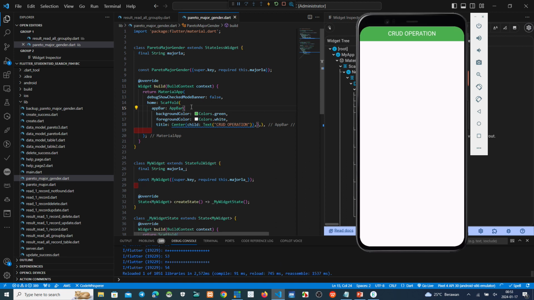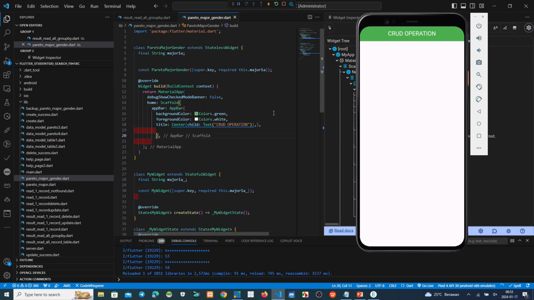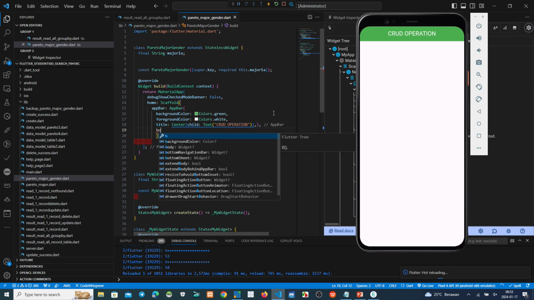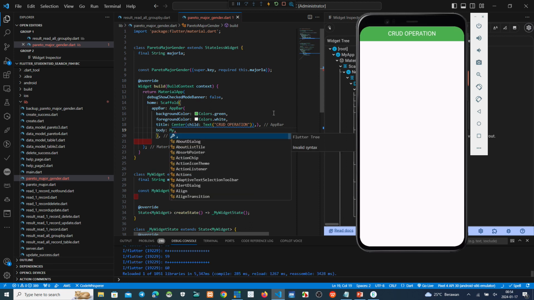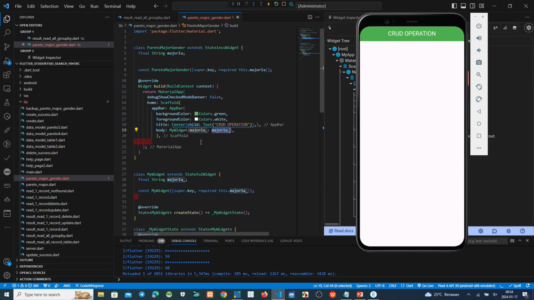Oh, this one. Body. My widget. This one. My widget. Yeah. Now this not underscore. Okay. Send from the stateless widget parameter to the stateful widget.